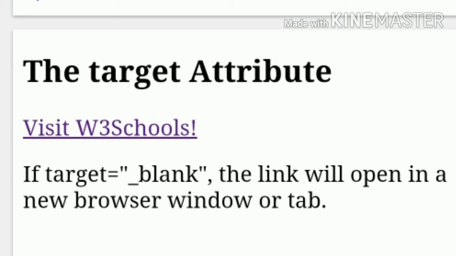A local link, or a link to a page within the same website, is specified with a relative URL. These are for using absolute versus relative URLs.